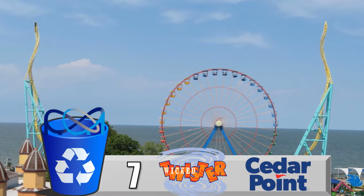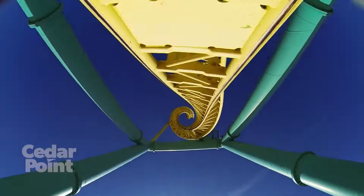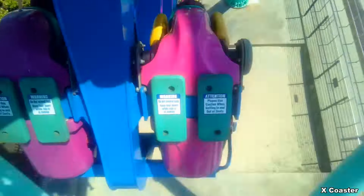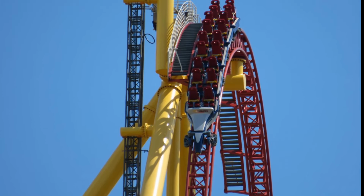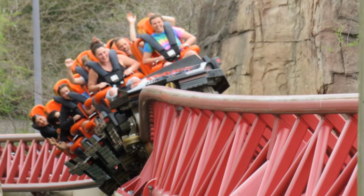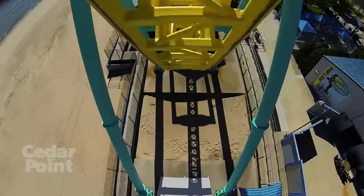Number 7. Wicked Twister at Cedar Point. Just about everything I said about Vertical Velocity applies here also. It was added at the tail end of the Impulse craze as the tallest, fastest, and twistiest. Cedar Point's next two coasters after Wicked Twister were Top Thrill Dragster and Maverick, which are spectacular launch coasters. This is one of the least popular rides at the park, and the park really doesn't need it anymore after